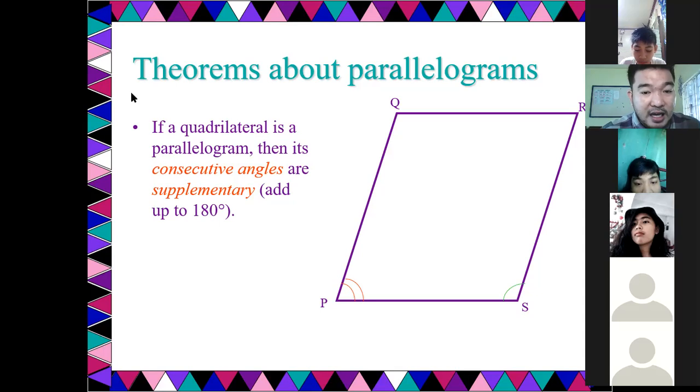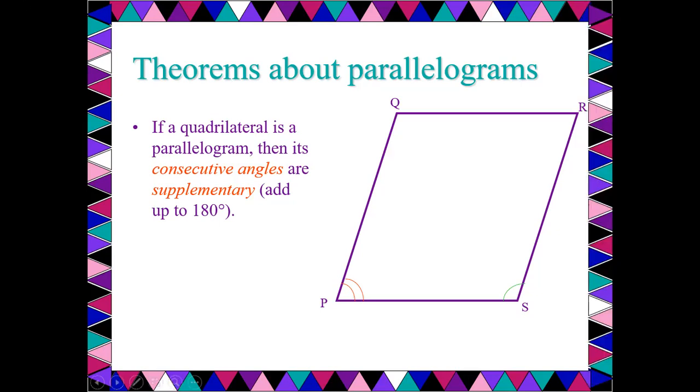Okay. Veronica, halimbawa, meron tayong 135 degrees na angle. Ano dapat ang measurement ng isa pang angle para maging supplementary sila? 45 degrees po. All right, very good. 45 degrees. So that's the first concept that you have to remember in this third property. Supplementary, when you add, the measurement is 180 degrees.